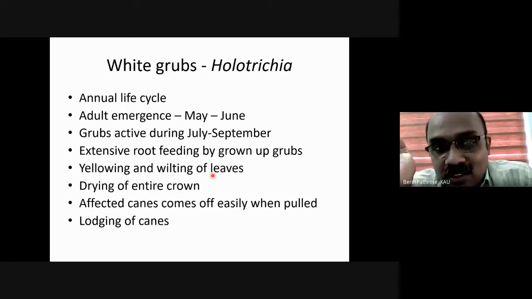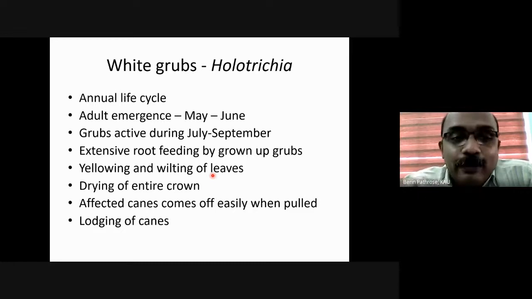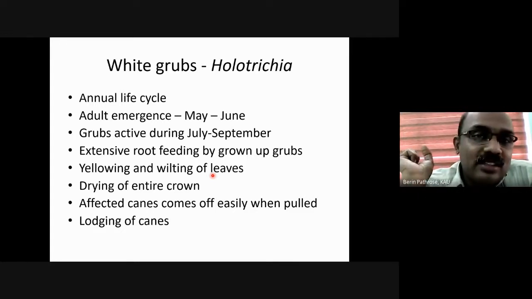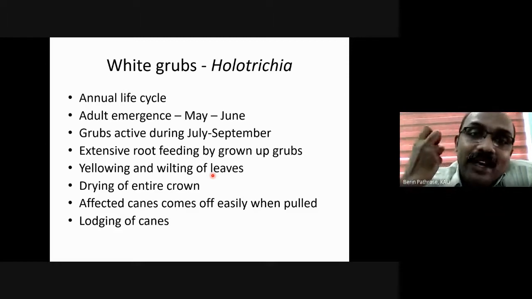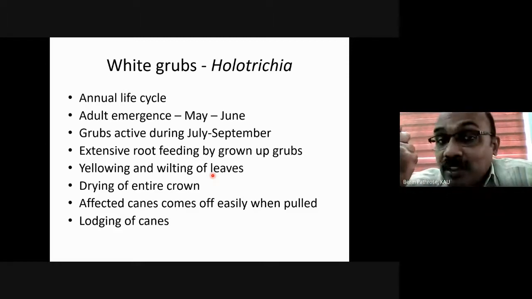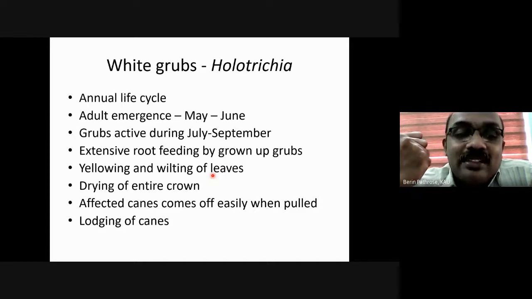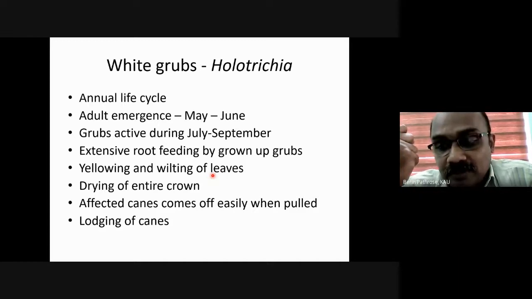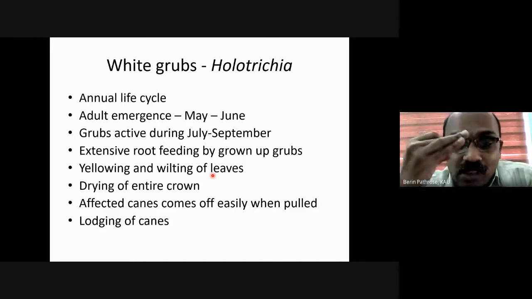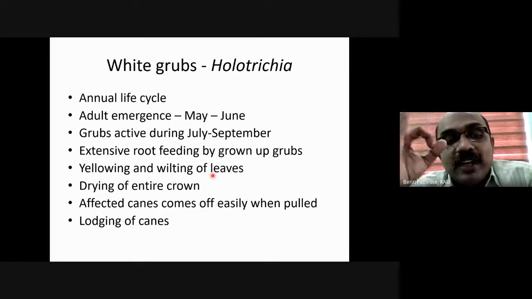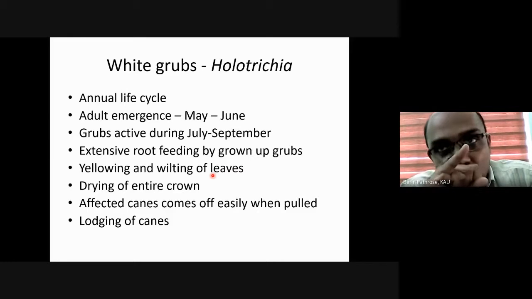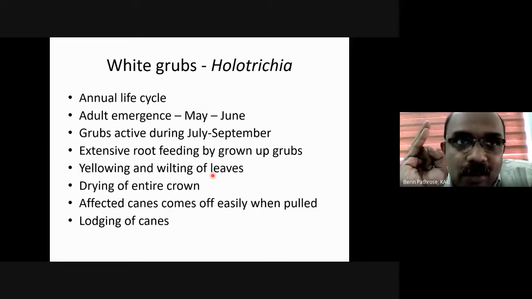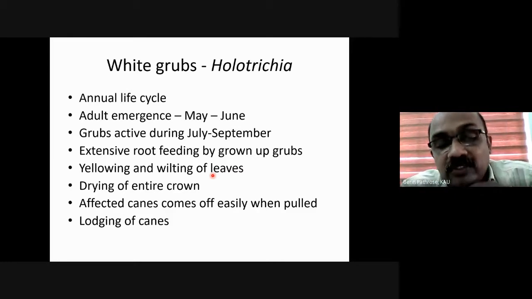on the roots. As the roots are damaged, there won't be any translocation of nutrients or absorption of nutrients. So the plant starts yellowing and slowly the plant starts wilting. Yellowing of the leaves, wilting of the leaf, followed by complete drying of the plant. So initially it will be yellowing, followed by drying up of the leaf, wilting of the leaf, and complete drying